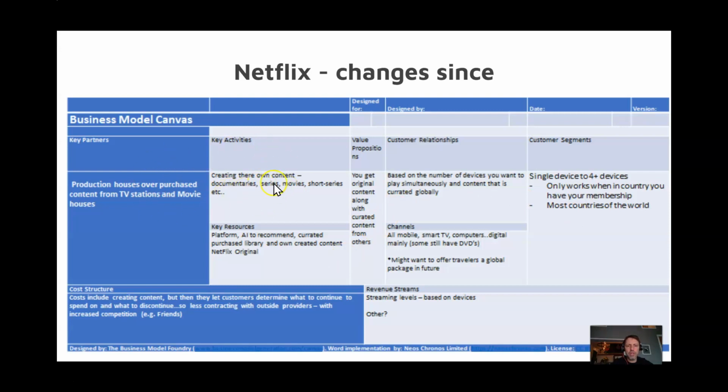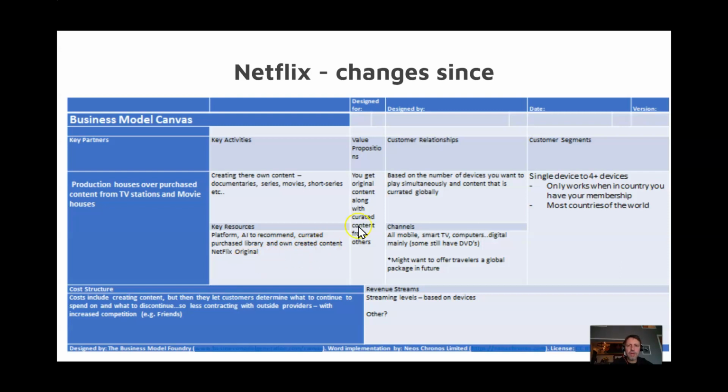We're now going to be creating our own content: documentaries, series, movies, short series, etc. Some of the key resources to do that are our existing platform, our AI that makes recommendations, the curated purchase library we already have, and our own new created content, Netflix originals,